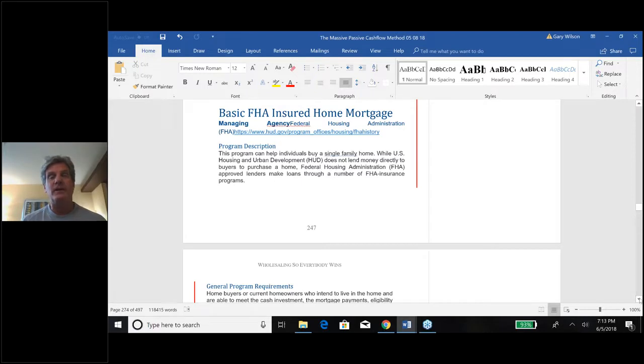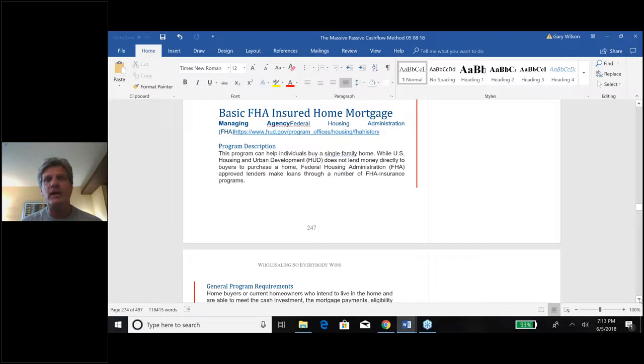Quite frankly, I used these in the beginning when I first started investing. I bought a number of properties using FHA insured loans. I don't like them. I haven't done them for years. But when I first started investing, it was a great way to get up and running, a great way to get established. In other words, I could put minimal money down, even on a non-owner occupied property, minimal down payment,